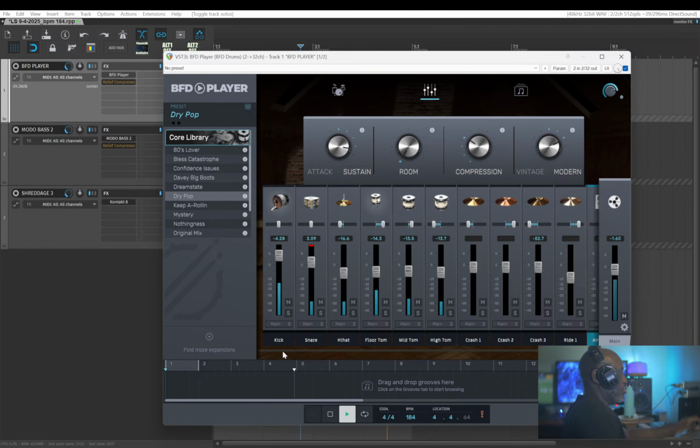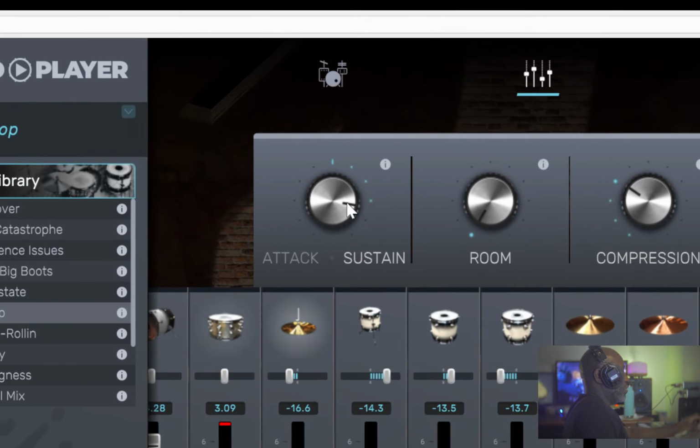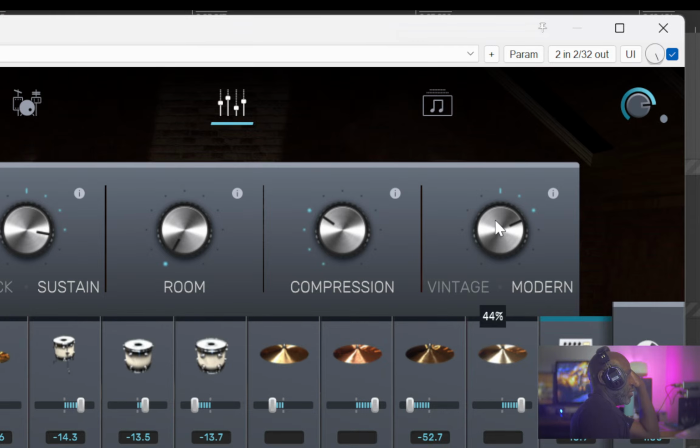You have the mixer tracks here. You can definitely multi-track route this out to your DAW for more processing there, but there's a lot of processing that can be done here. You can play with some of these knobs right across the top. These macros are for attack, sustain, feel, room feel, compression, how tight you want that to be,